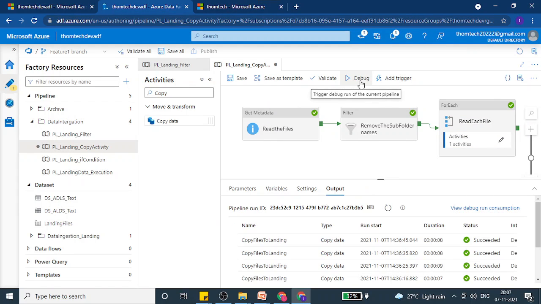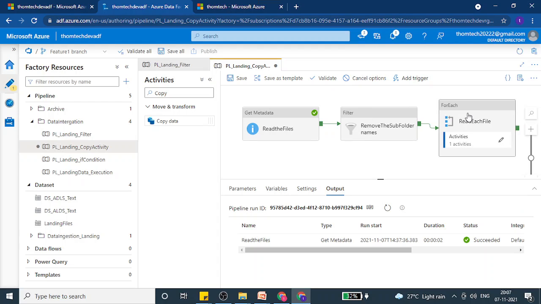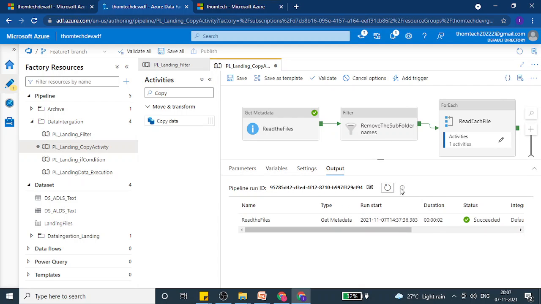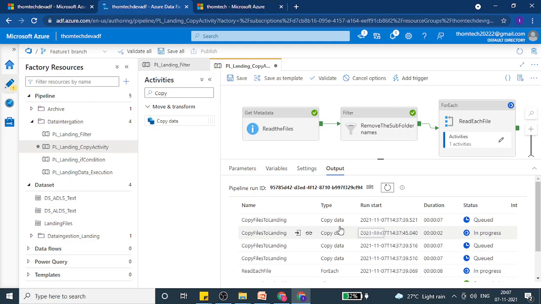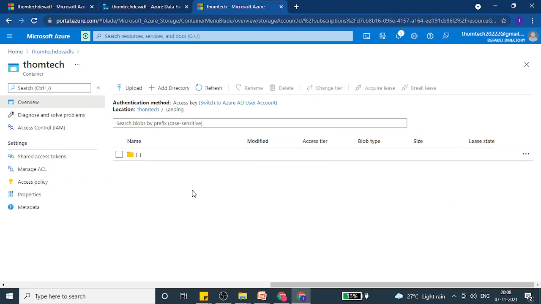So I'm just doing this activity once again in order to show you how this parallelism works. So when I click this, you will see that after this filter activity, when for each is called, automatically it will call all the 4 file executions together at once. So let's see that. So you see, all the 4 loops have been fired at once. Okay, so it's executing, some might complete earlier and some might take some more time, some seconds or milliseconds.